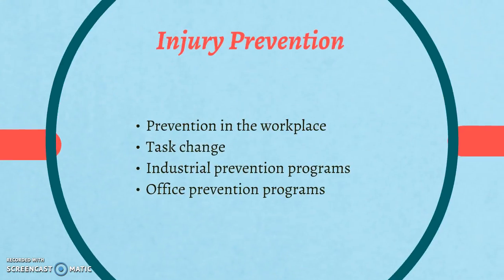So injury prevention. So I want to look at prevention in the workplace. So how I talked about a prevention strategy in the disablement model can be to fit the chair to the person, different chairs, different desk setup, correct lifting mechanics, proper shift changes to avoid overwork of the task, things like that. Task changes. So do they need a complete adjustment, or is there a better way to achieve the same